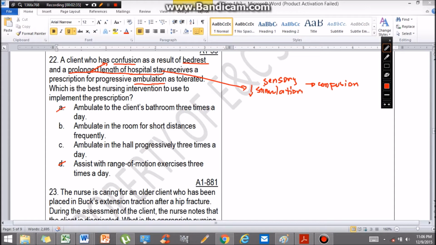That is not A, because ambulating in the bathroom will not provide enough stimulation. And let's eliminate B because ambulating within the room will also not provide stimulation. The best answer here is letter C. Next,